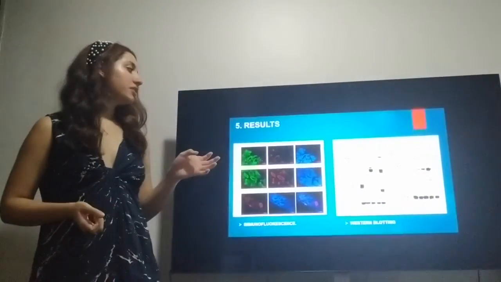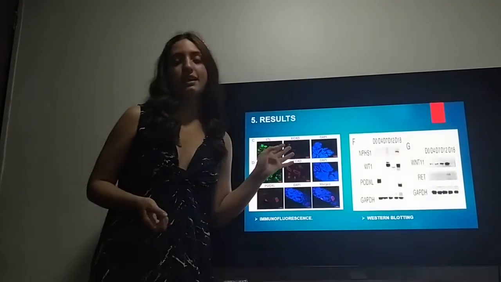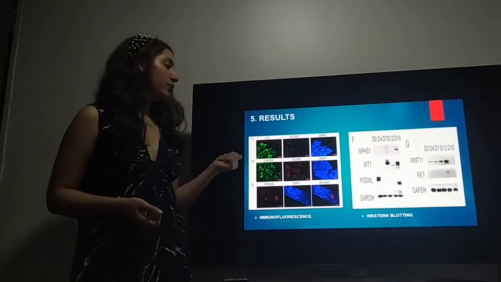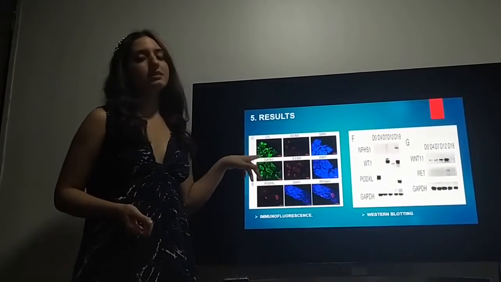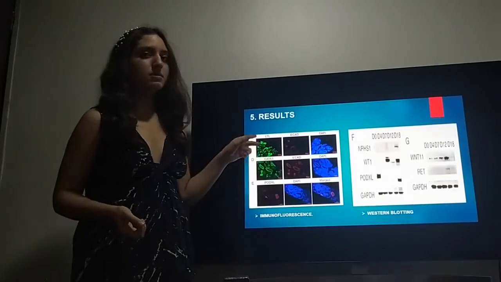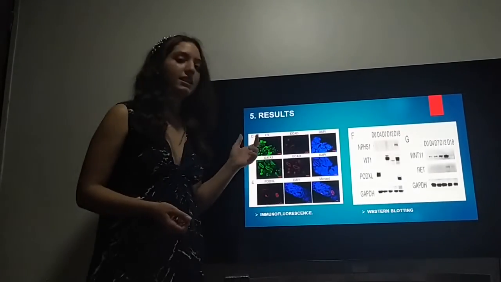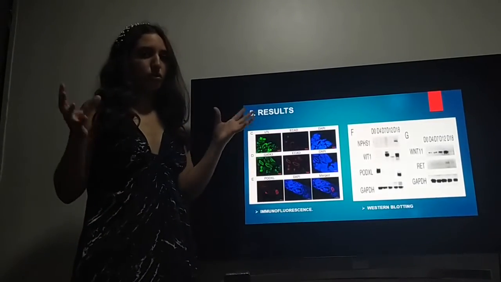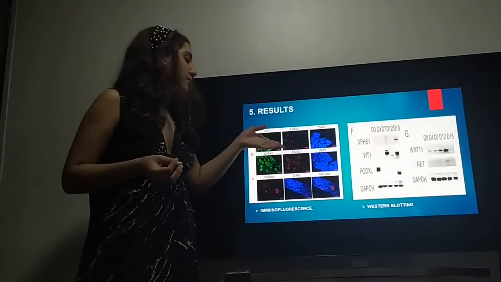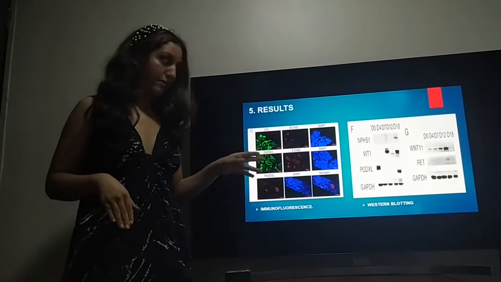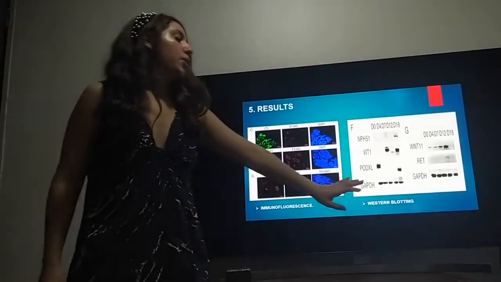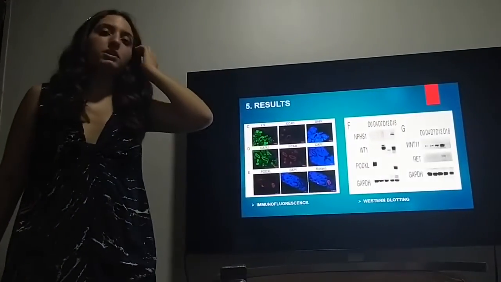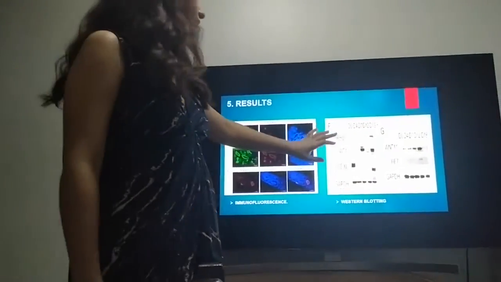So, here in this result we have the LTL and the ECAD. These are tubular markers. The LTL has more fluorescence, which means it is positive and has more antigen than this one, which you can see is a little red but not so fluorescent, though it still has antigen for it. And here we can see the Western blotting, which shows the RED and the WT1,